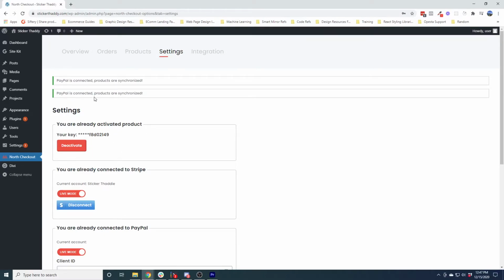Give that a second to load, and now it says PayPal is connected and products are synchronized. So now what I can do is I can go into a